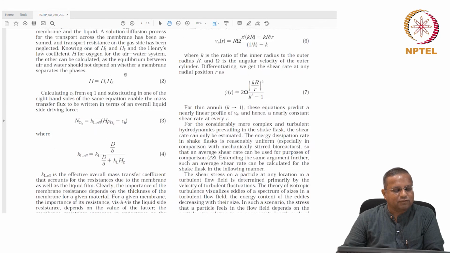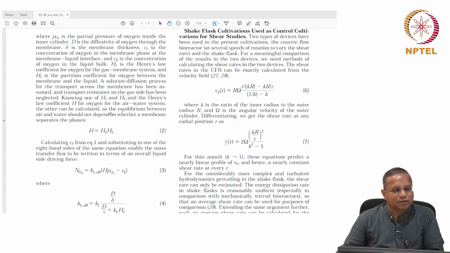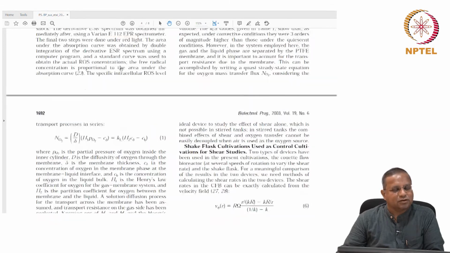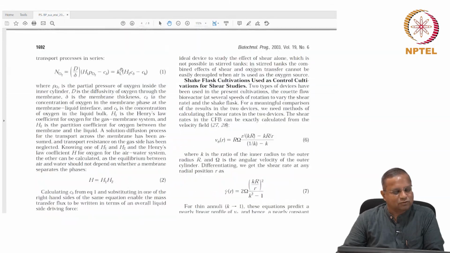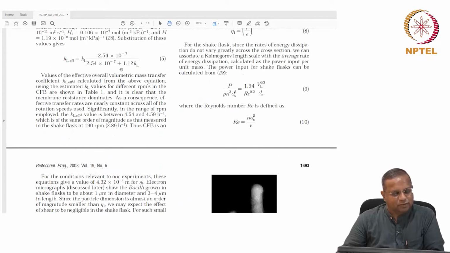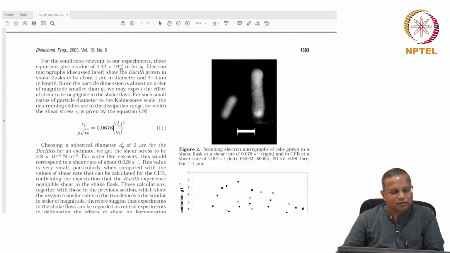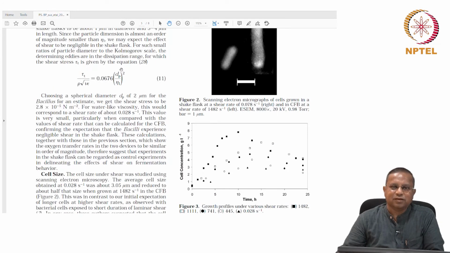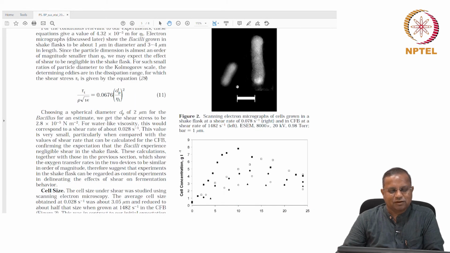So, for all that we have these expressions that have been looked at, derived, or taken from the literature. And then this was used to get some very interesting results. Okay. So, here one result, let me show you here and then go back to the presentation to show you the other results.